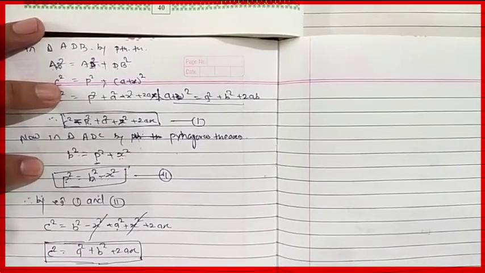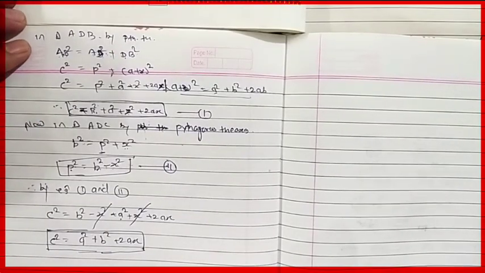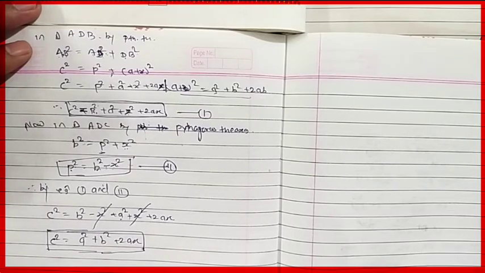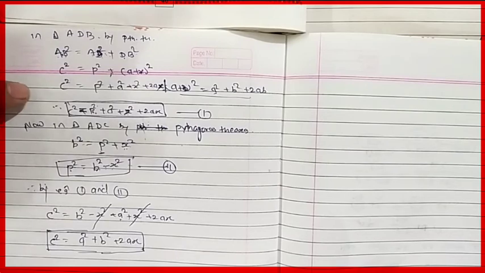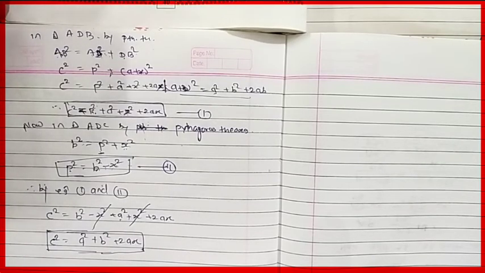So students, here we are completing our today's session. In today's session we have understood the two different properties, we can say use of Pythagoras theorem. One is for obtuse angle and another one is for acute angle. So in first part of this topic we have discussed about acute angle triangle, and in second part we have understood obtuse angle triangle.